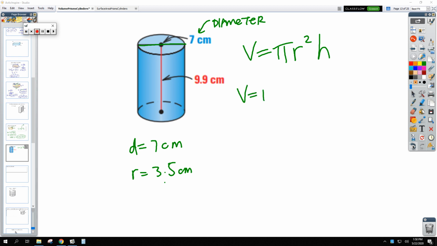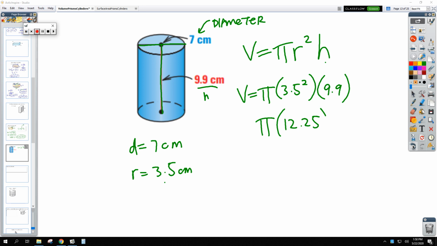Let's go ahead and do that, times the height of the cylinder. Again, pretty straightforward. The perpendicular distance here, 9.9. Right? Order of operations, why don't we square the 3.5 first? I get 12.25. We're going to multiply that by 9.9 right now. I get 121.275. We still have to multiply that by pi. Again, the symbol pi, to get the most accurate answer possible. I am getting